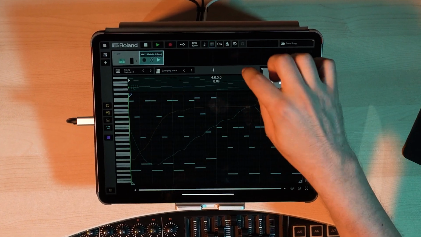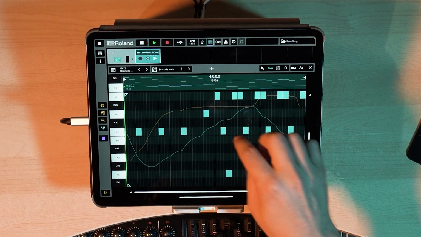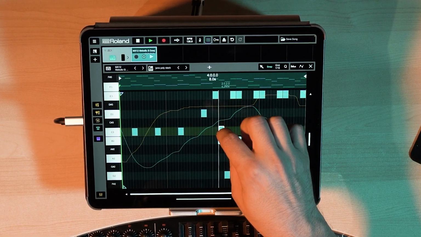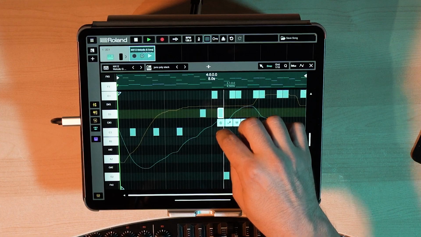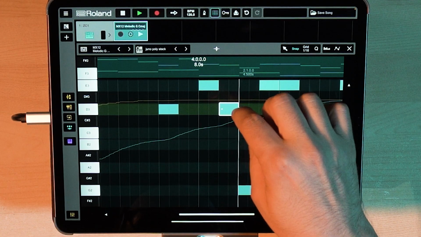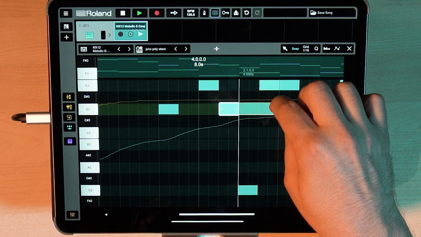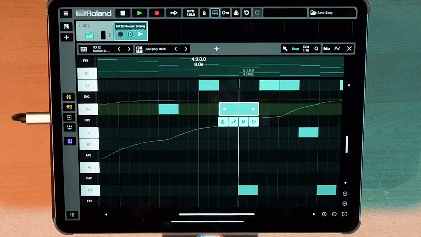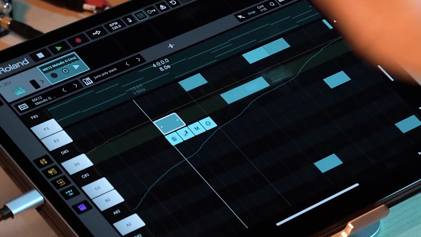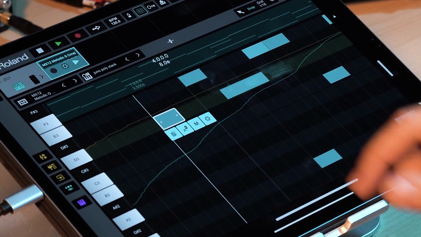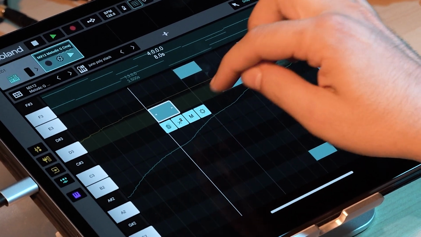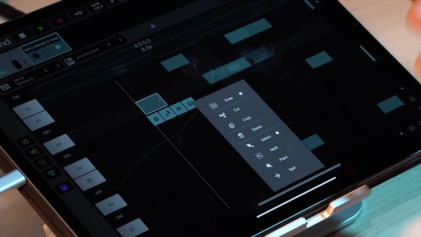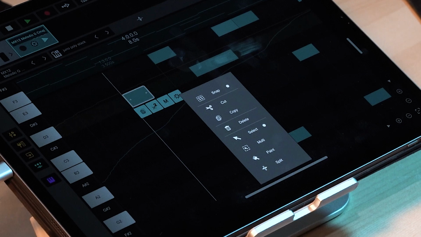That is the Select tool. With the Select tool, you can select notes and edit them manually, just such as dragging them up or down. If I do a pull down zoom here, I can also drag notes in or out and make them longer or shorter. Now notice also, whenever I select a MIDI note, I get these helpful shortcuts such as copy, duplicate, mute, access to deleting, and even quick shortcuts to the other tools.